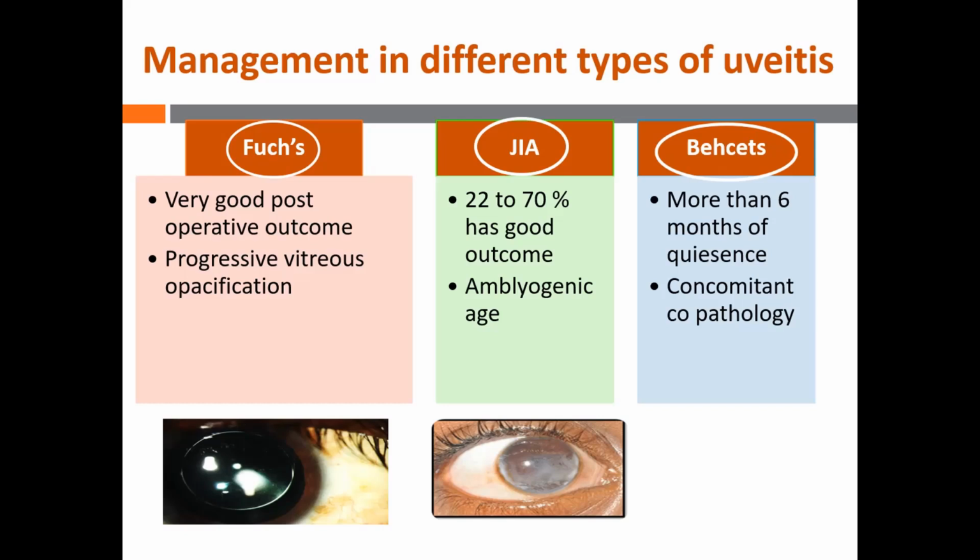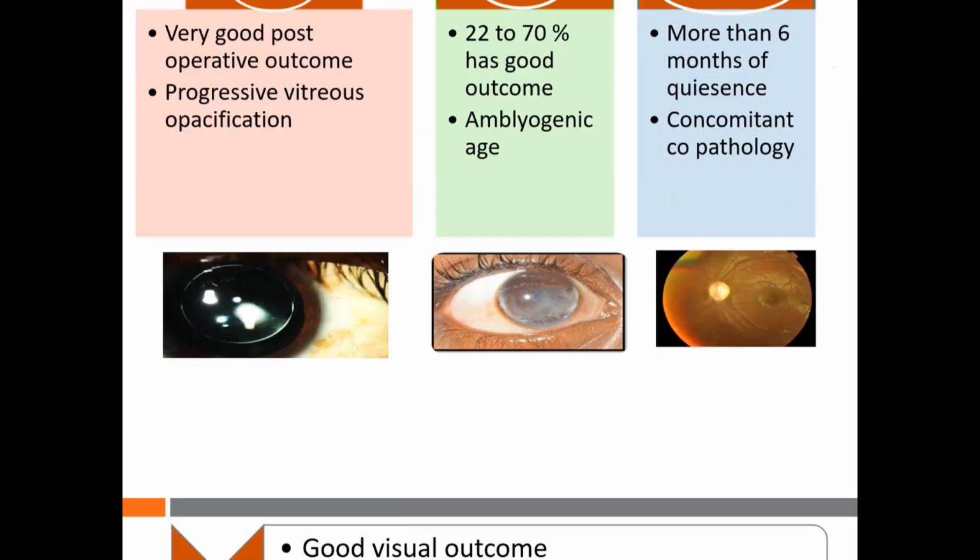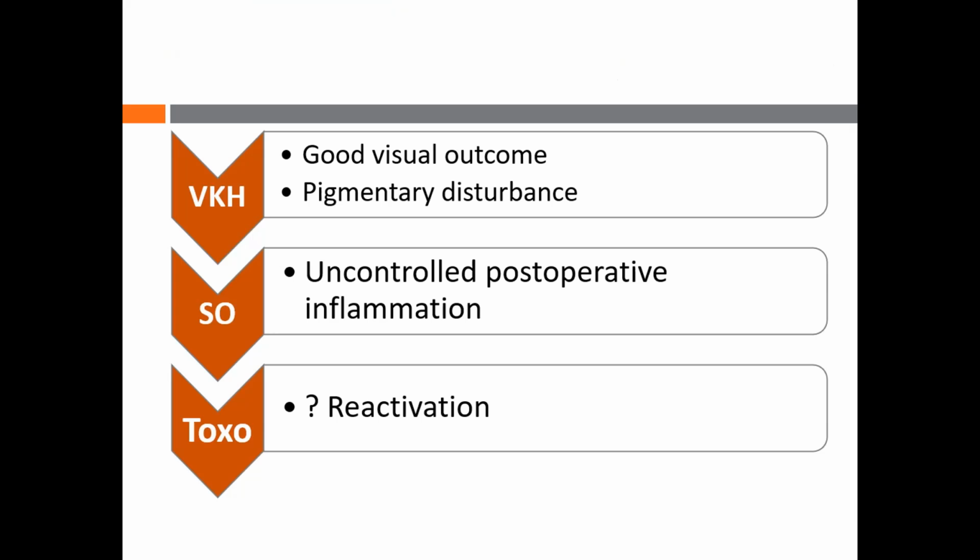And even down the spectrum, you have Behçet's uveitis. In these patients, even after 6 months of quiescence and well-controlled inflammation, the post-op recovery may be poor because they have associated optic nerve involvement and temporal pallor. Among other diseases, like Vogt-Koyanagi-Harada, usually if you have a good control in the preoperative period, the postoperative period is good. But in sympathetic ophthalmia, we have seen that there may be uncontrolled inflammation even after good inflammatory control in the preoperative period. In VKH and SO, if you feel that their visual improvement is not up to the mark post-operatively, and you are not finding anything clinically but your vision is not improving, always do an OCT.